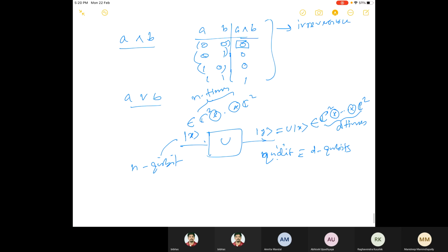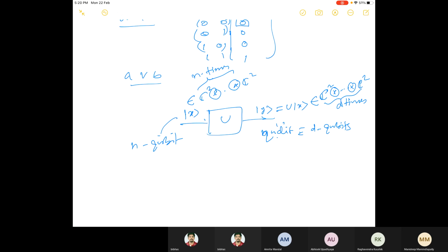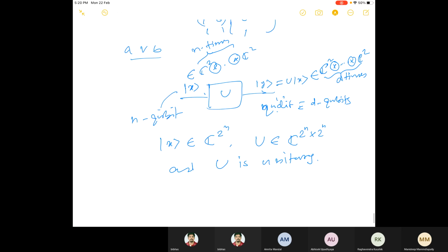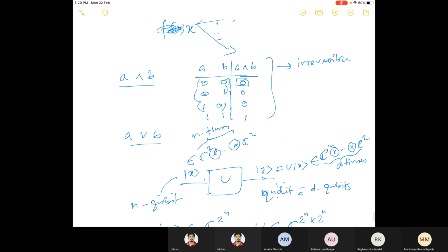And of course, if you want to realize this, the dimension of x is C to the power 2 to the power n, and then u has to be a unitary matrix, so it has to belong to C to the power 2 to the power n times 2 to the power n, and of course u is unitary. So now what is happening here is, for example, if you consider